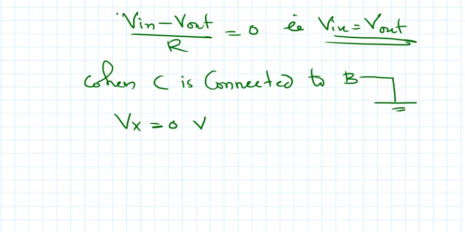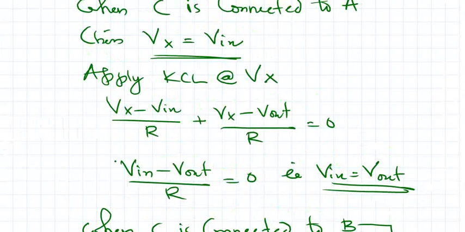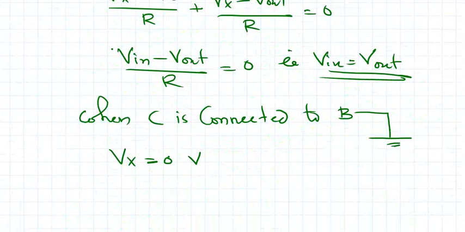Then apply KCL at this node, same voltage, then Vx is equal to 0 voltage. Then what will be that Vout? If Vx is 0 voltage, this is just an inverting amplifier